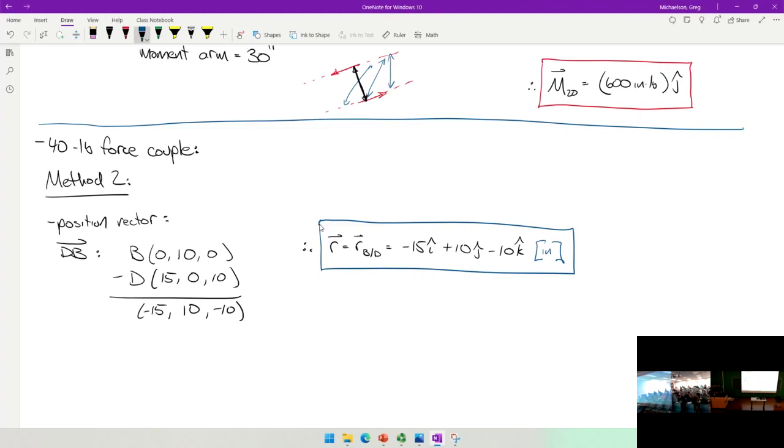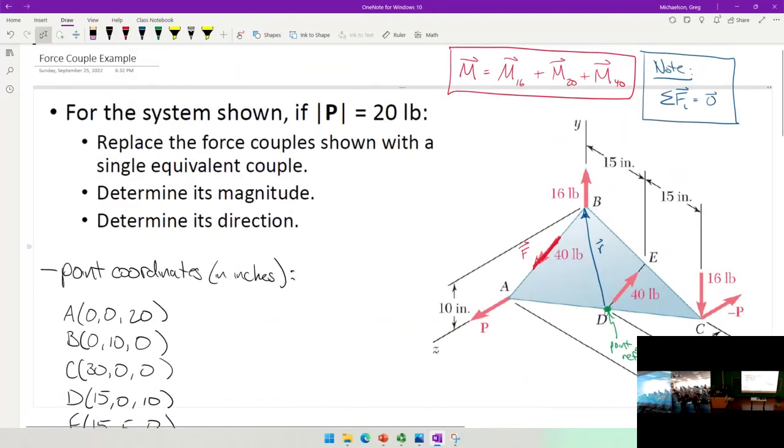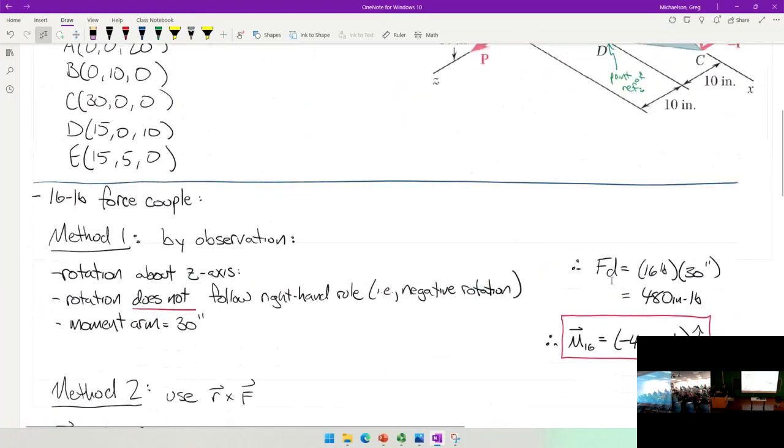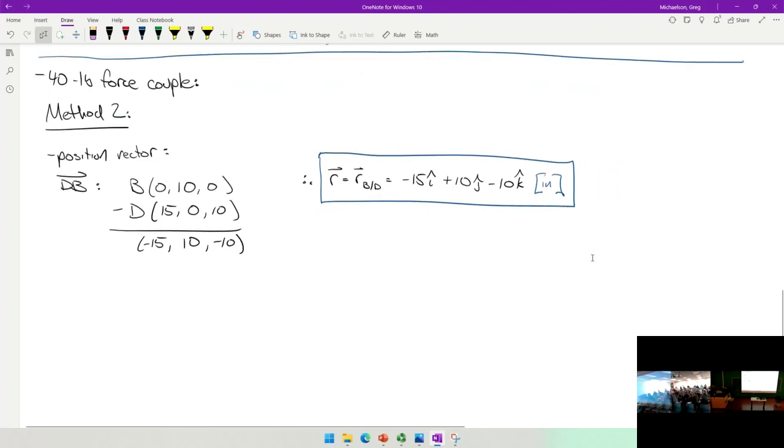So again, we're going from D to B, and look at the vector, negative 15i, 10j, negative 10k. How do we get from here to here? Well, we go negative in the x-axis, positive in the y, negative in the z. So those values should make sense, okay? Everybody with me on that? Okay. Now, for the force vector,